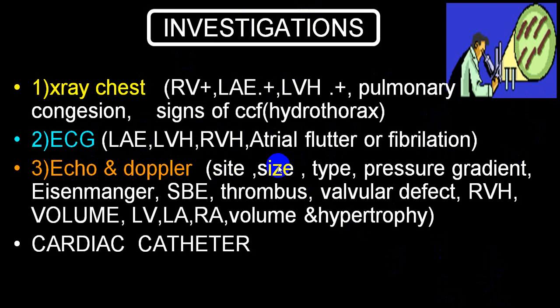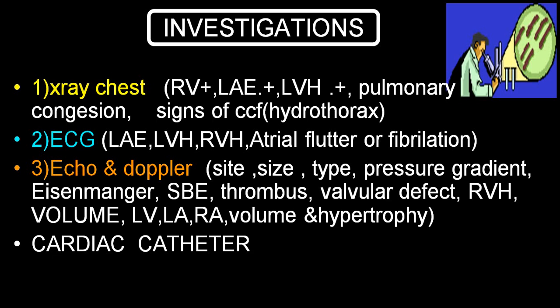Echocardiography will show you site, size, number, type, pressure gradients, even if there is a reversal of the shunt, presence of infective endocarditis, thrombus formation in LA, if there is any associated valvular defect, or any atrioventricular septal defect, AVSD. You can identify right ventricular pressure, reversal you can pick up, as well as ventricular size and ventricular pressure. All can be easily identified by a good echo with Doppler.